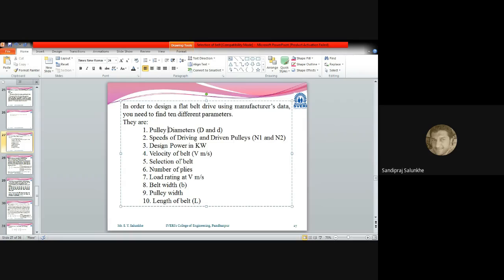Okay, so these type of statements are there for our problem, and then afterwards we have to select such pulleys, then belt, then we have to again decide the center distance. So in some of the statements,